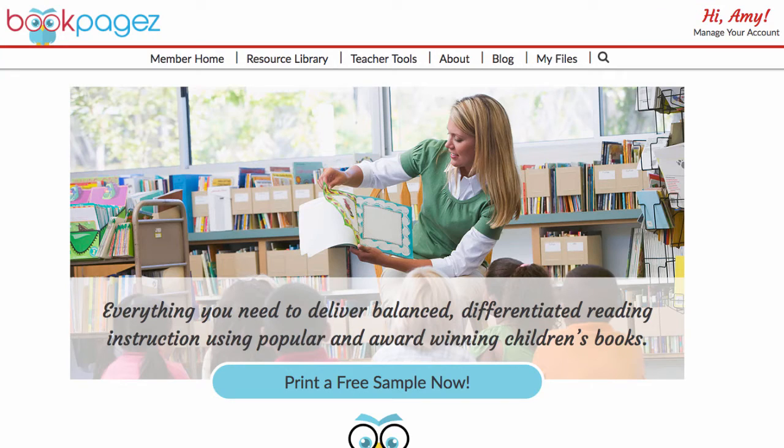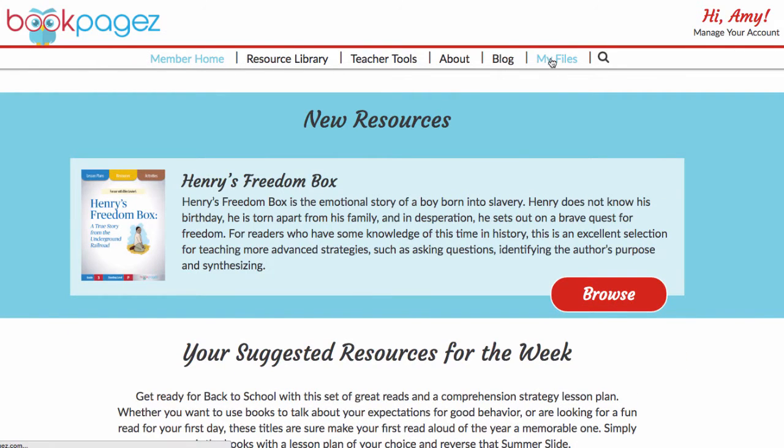Today we're going to take a look at the BookPagez File Cabinet. The File Cabinet is a really powerful tool that will help you organize your resources and plan super focused reading instruction. Once you log into the member area, you can click on the My Files tab to see your saved